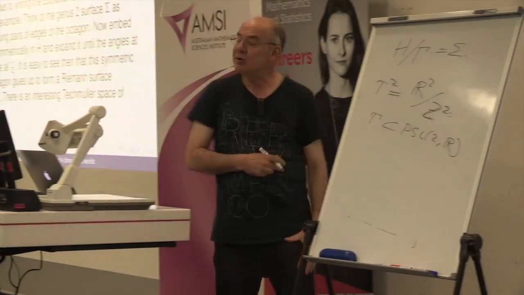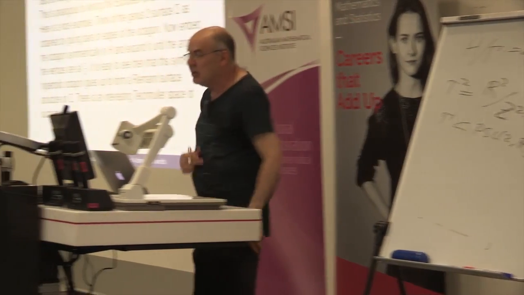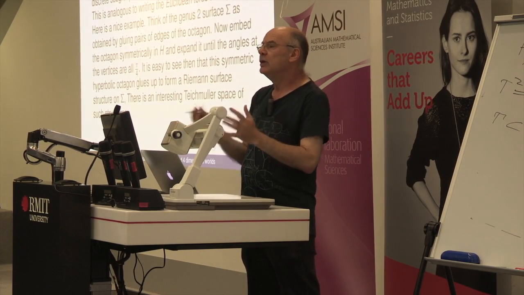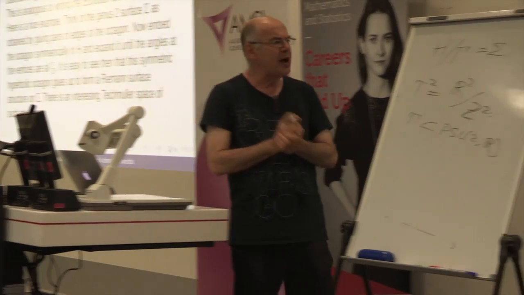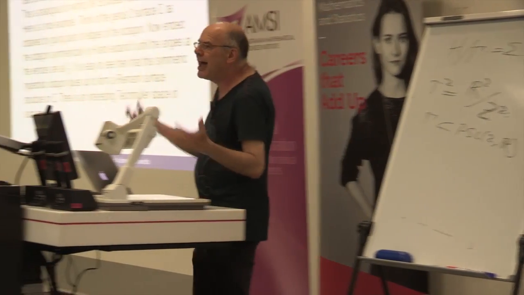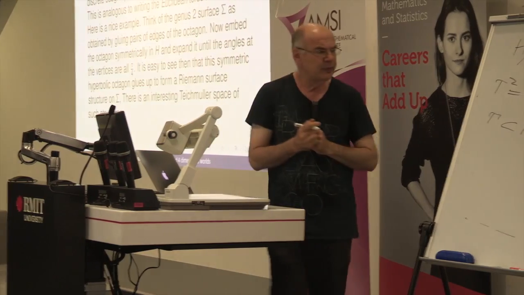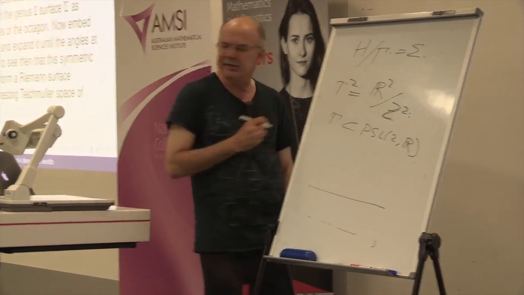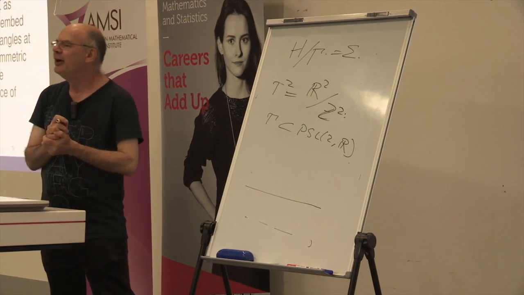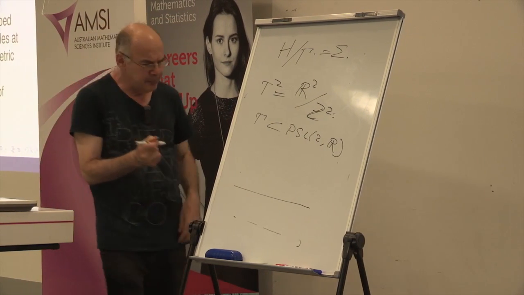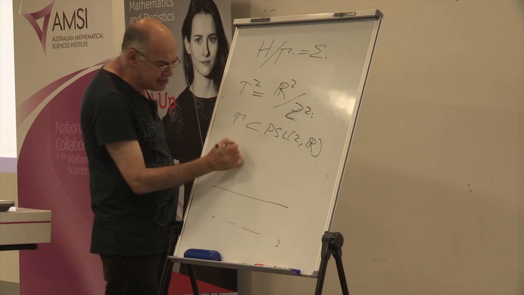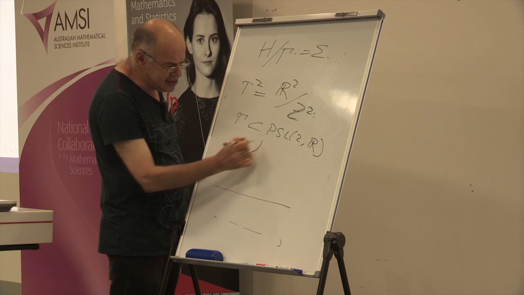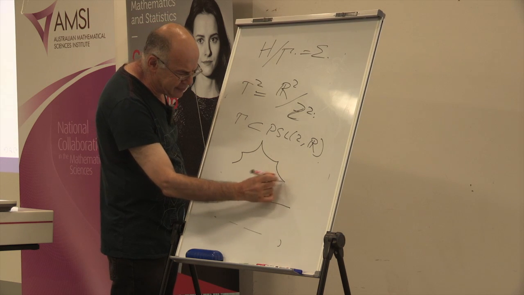Okay, so how do you visualise how this works? The same way that we divide the Euclidean plane up into a lattice of squares, we can divide the hyperbolic plane up into a lattice of octagons. Okay, so how do we do that? What I'd like to do is draw an octagon in the hyperbolic plane. I'm going to draw it very badly. I'll just start drawing it and I won't draw the rest of it.